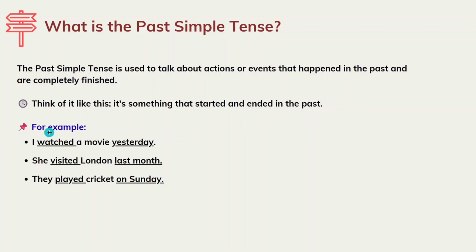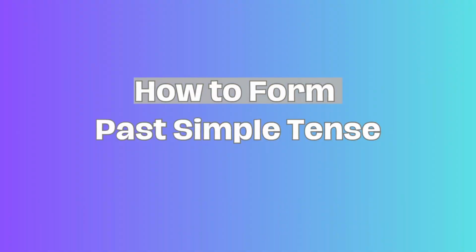For example, you're saying that I watched a movie yesterday. She visited London last month. They played cricket on Sunday. So as you could see, all these actions actually, they happened in the past and they are completely finished. Okay, so this is called the past simple tense. The past simple tense can also be used for three other functions. But before we look at all those functions, let us look at how to structure or how to form the